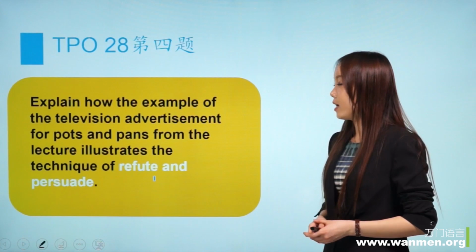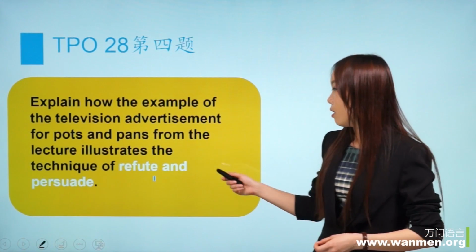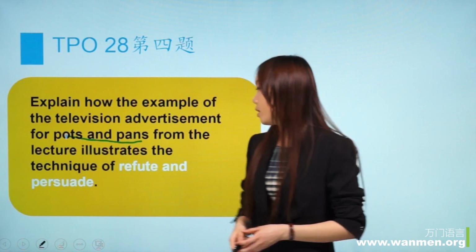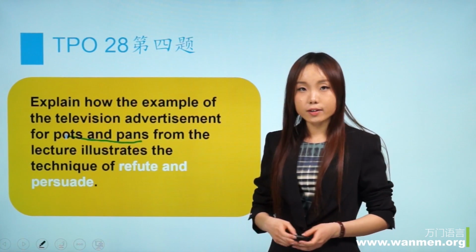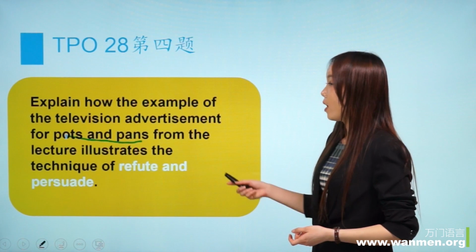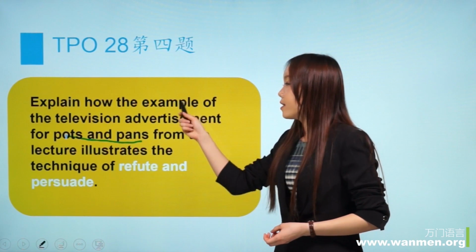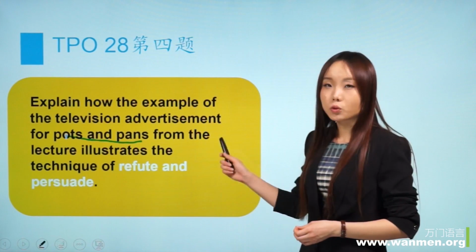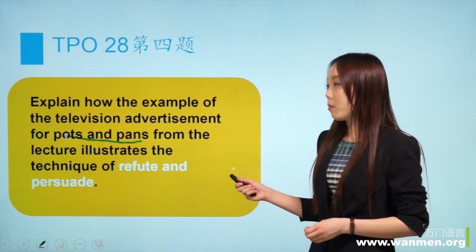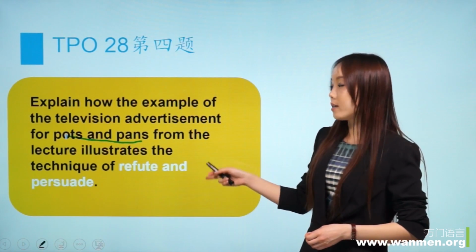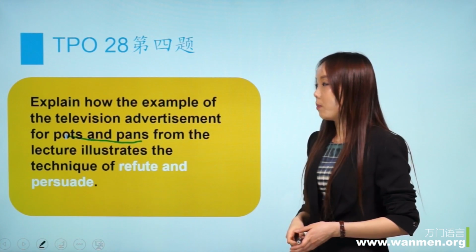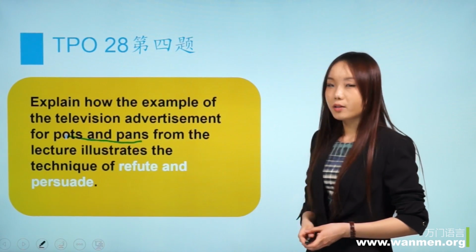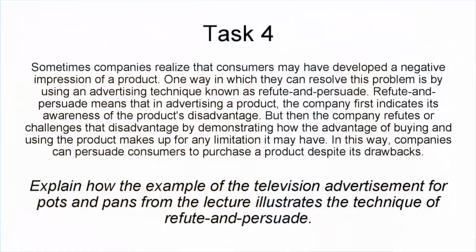Explain how the example of the television advertisement for pots and pans from the lecture illustrates the technique of refute and persuade. 首先我们要来解释 refute and persuade 这样一个技巧是什么。然后其次呢，我们还要在听力中听到一个 example of pots and pans，他们是如何宣传的。然后知道题目的要求我们就知道是要分2步来进行的。第一步呢是解释一下 the definition，第二步呢是阐释 the example of the television advertisement for pots and pans。知道这样一个题目的要求以后我们首先来听一下听力。